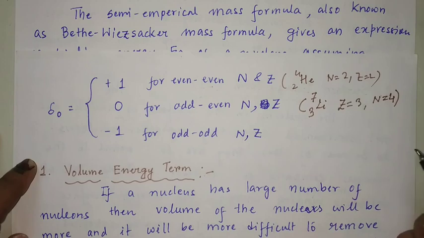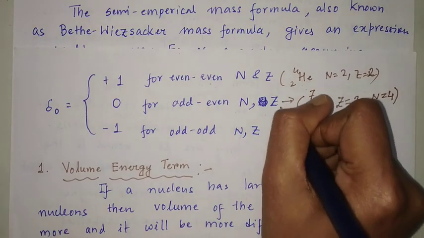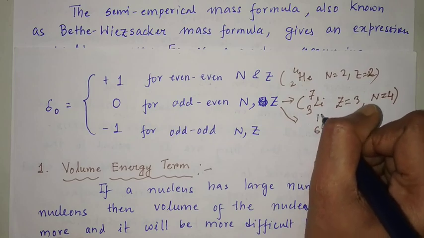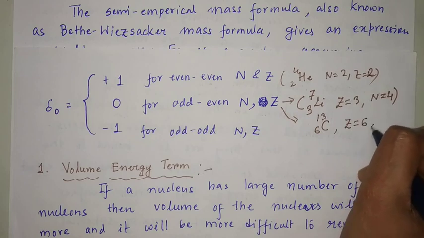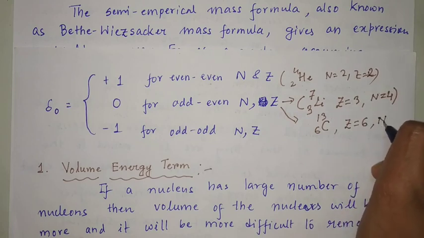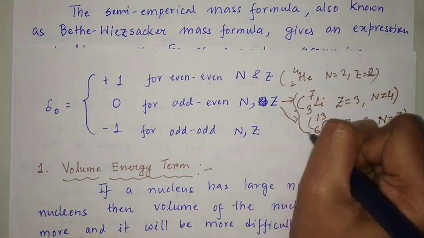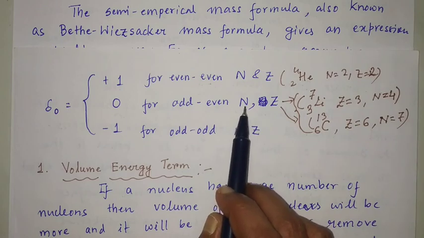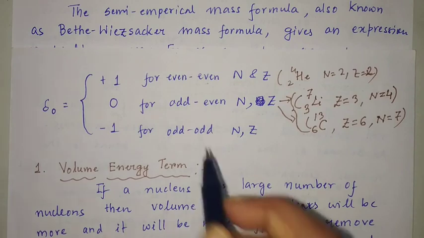So for such a nuclide, delta_0 is 0. Another example is C-13. Here proton number is even, 6, but neutron number is odd, 7. So for these two cases, where either neutron is odd and proton is even, or proton is odd and neutron is even,